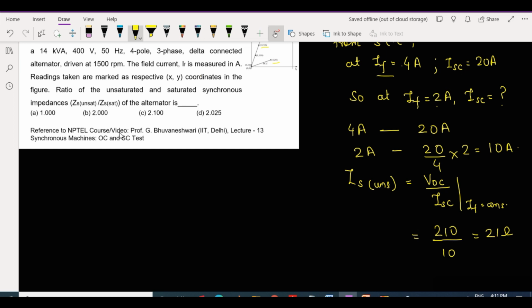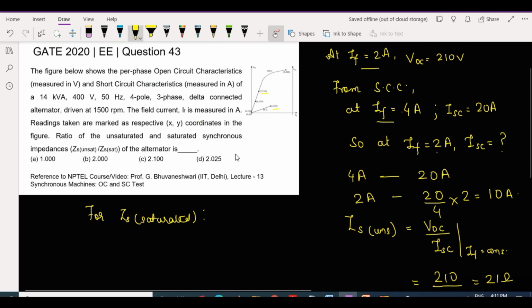Now what will be our saturated synchronous impedance? Let us see that. For ZS saturated, you can see when VOC is equal to V rated, that is given as 400 volts from the problem, IF is 8 ampere.